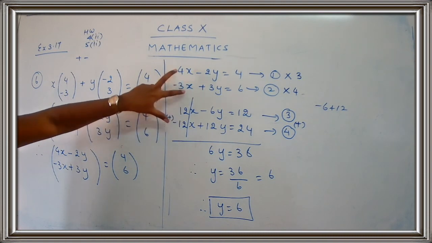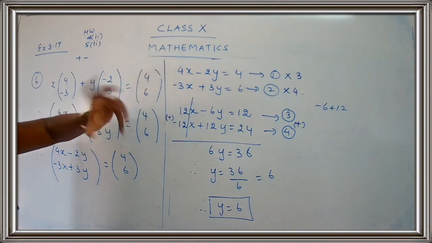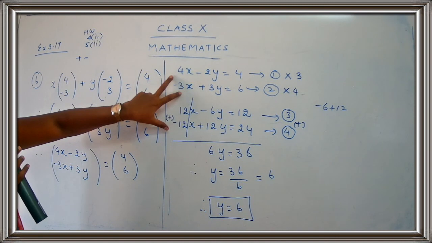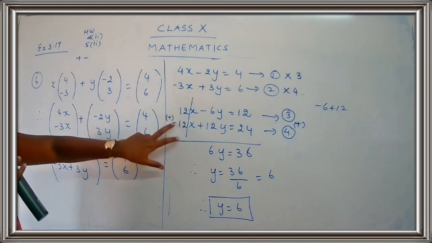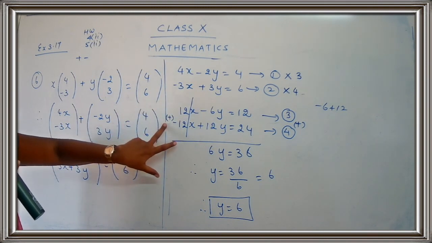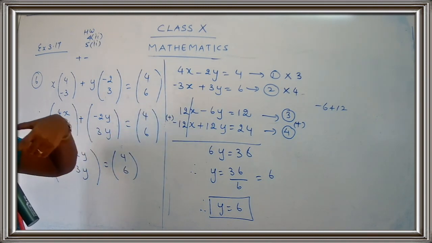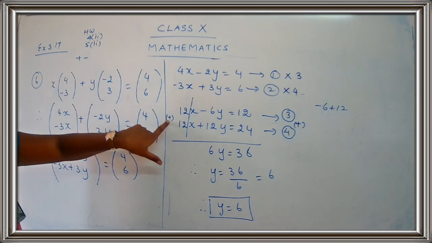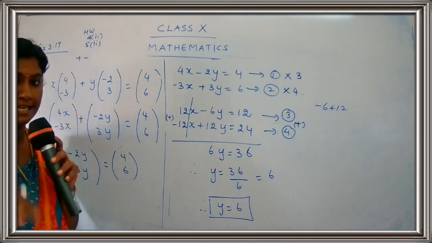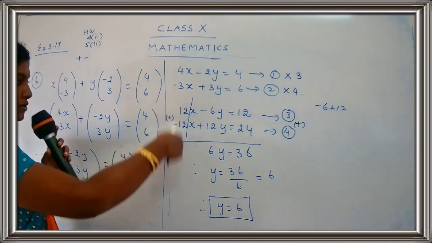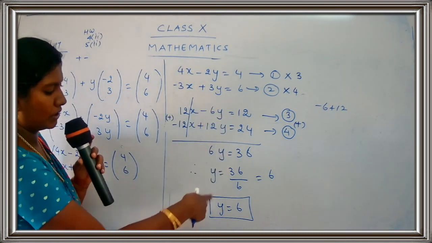Then I told you that we want the coefficients to be the same. If you get the same coefficient, we can cancel that particular variable. So I changed the different coefficient to be the same coefficient. And since we were having different signs, we have just done the addition here. If we are having the same sign, suppose I was having 12x, that means I have to do the subtraction. Getting my point, children? So if you have different signs, do the addition, and if you have the same sign, you have to do the subtraction. So we just solved it and we got the value for y.